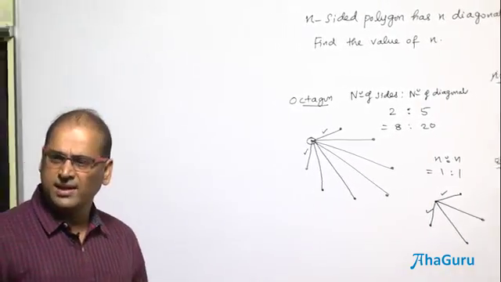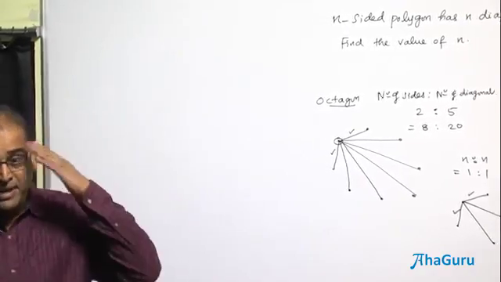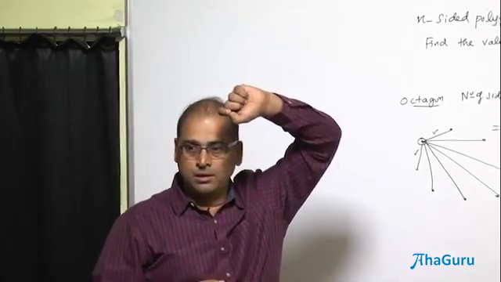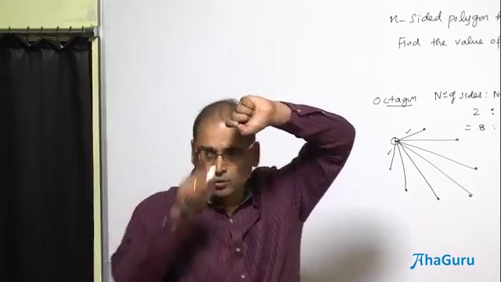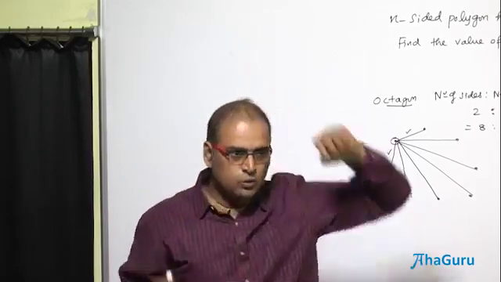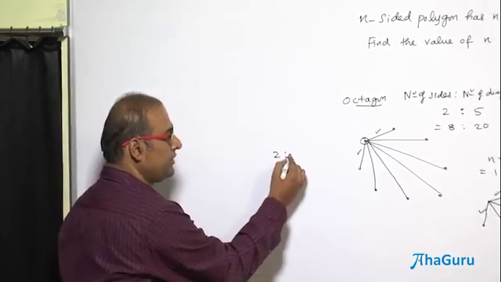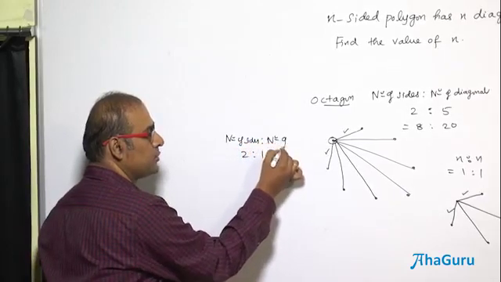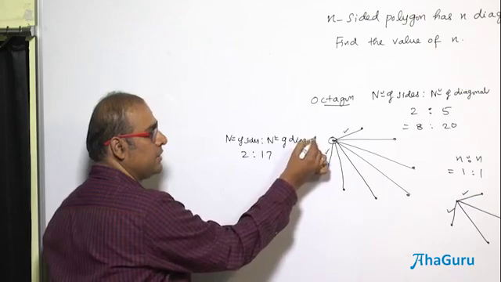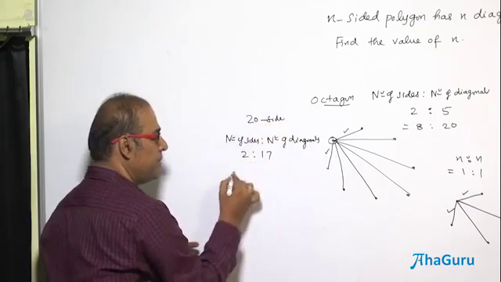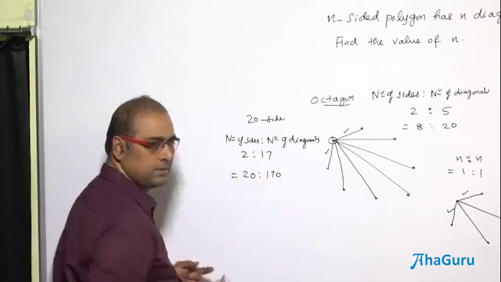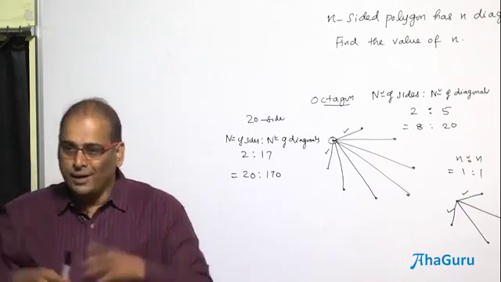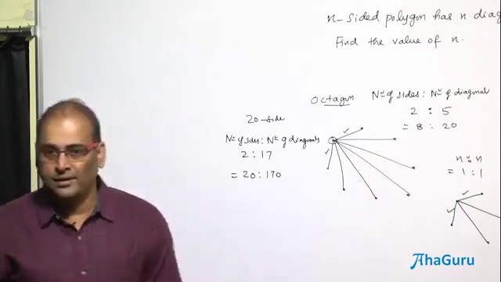So if I am going to have a 20-sided polygon, you understand that many ways you can think of counting. For a 20-sided polygon, if I take a vertex, two neighbors are there, so two sides, balance how many? 2:17, correct? For a 20-sided polygon. But the number of sides is... this is for which polygon? So when you make this 20, what will happen to this? And you understand why this is going to work. The ratio is going to be the same. Picture. That way also we can work.